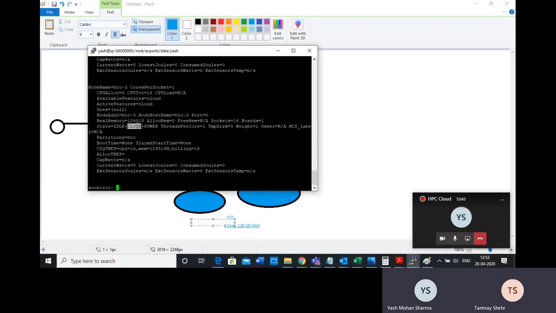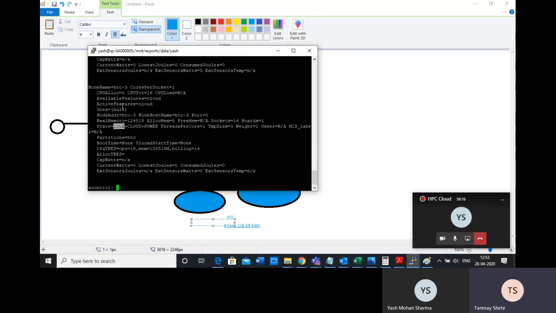And why is it showing that? Because, as I told you, the billing is based on whether the machine is running or not. So currently the machine is not running and it is also idle. Nobody's job is there, so that is why it is an idle machine. So whenever you submit a job, the state will change from idle.